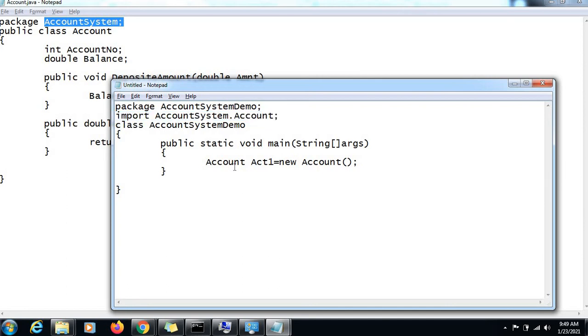So if you wish to change the name of the package of your account class, then in this particular file, the change of the package name is only what you would be doing here. Only this is the thing which you would be changing, because in the rest of the places you no longer have used the package name, right? So that's the advantage here. So import you can do.